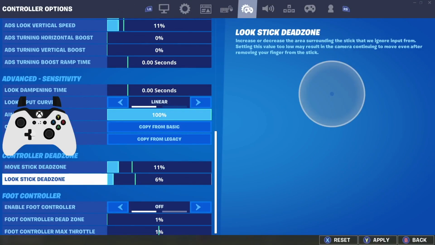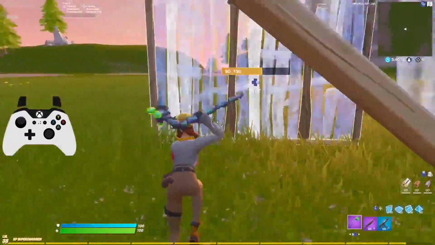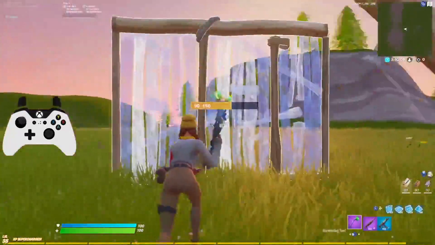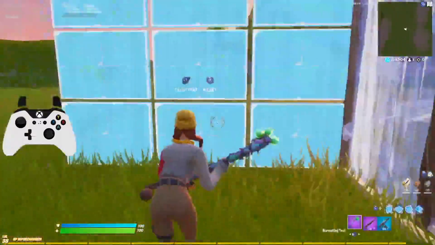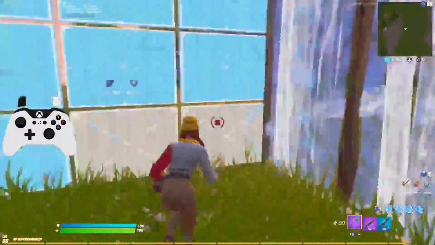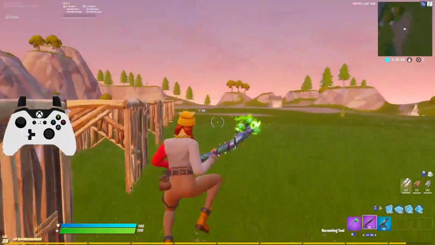Of course, if the stick drift is just absolutely atrocious, then you want to bump it up. I choose to play on a 7% just because I feel like that's the most comfortable for me. You guys can play on a 5% if you like, or whatever single digit percentage you want, but ideally you want to be below a 10% on your look stick dead zone,